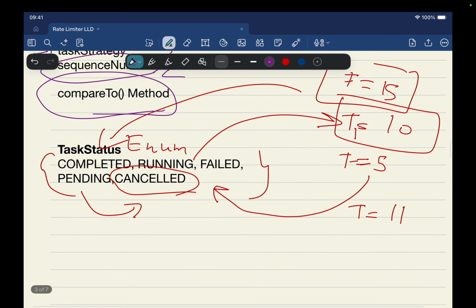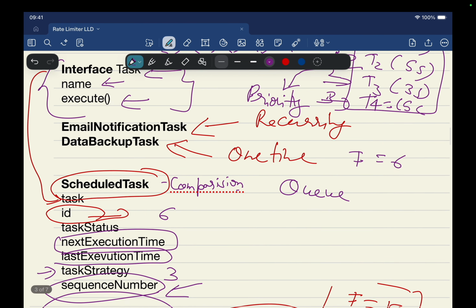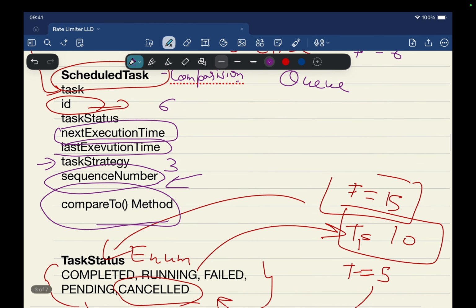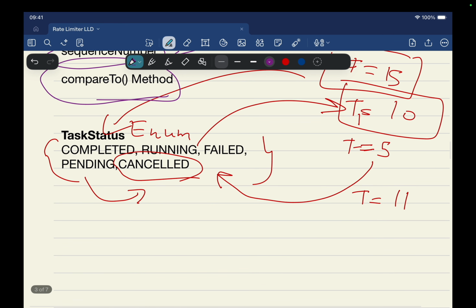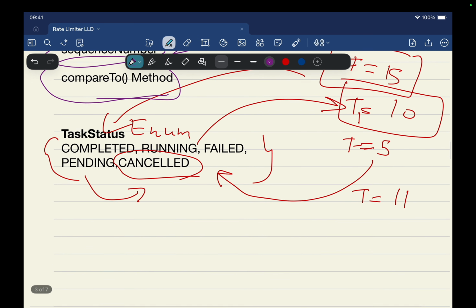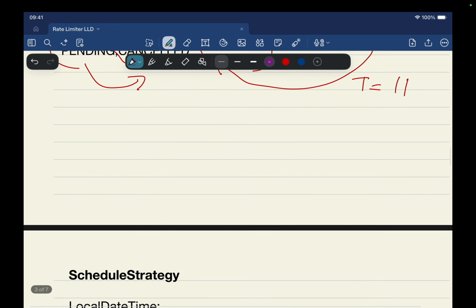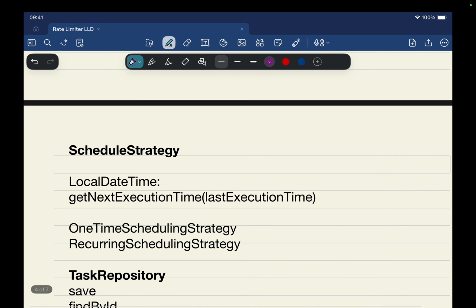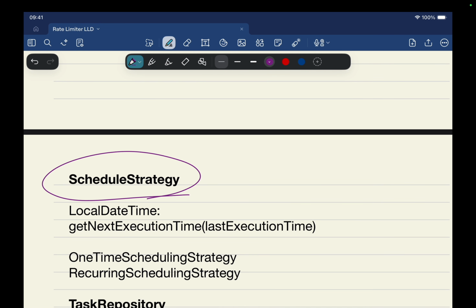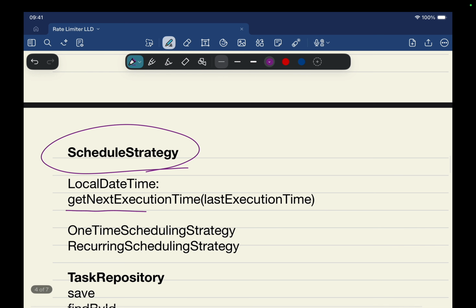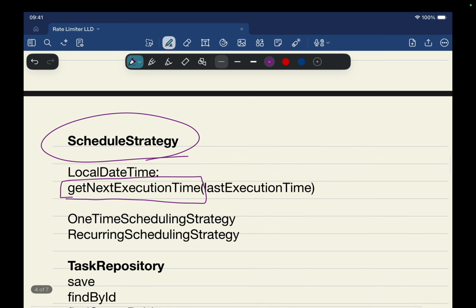Okay, so these are the basic entities. Now we will have the repository layer or schedule strategy. In schedule strategy, we will have one method, get next execution time, where we will be passing last execution time. So in case of one time strategy, this will be null,